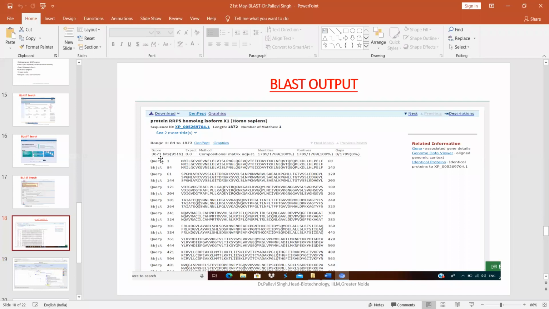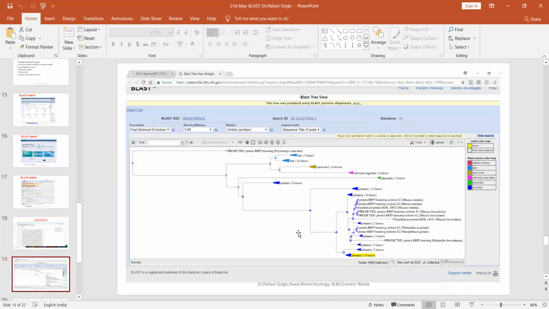You can see the score here, the bit score, the E value was 0, the identity, how many positive substitutions, and what is the gap score. Also, I had taken here a protein query. So by using this BLASTP, I can find out the distance tree. I can find out the phylogenetic relationship between my query and different homologs. So this is a distance tree showing the evolutionary, phylogenetic relationship between my query and the different homologs.